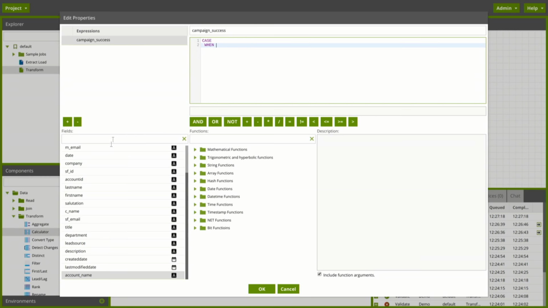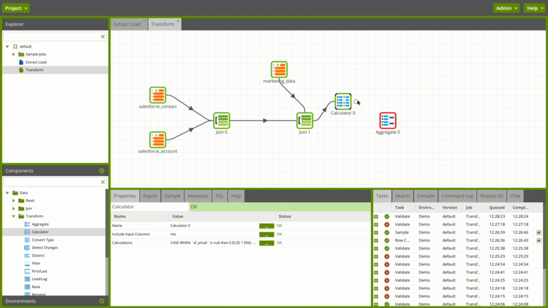Now, if we manage to find the company in Salesforce, we can pick any field coming from Salesforce really for this. If that's null, then that's not a success. Otherwise it is. Now you'll know your data a lot better than I will. You'll also recognize that this is a very simplified and very idealized scenario, but hopefully it gives you an idea of what's going on here. I've now got a 0 or 1 flag on every single record based on whether that converted. There's no errors, so let's flow that into my aggregate.